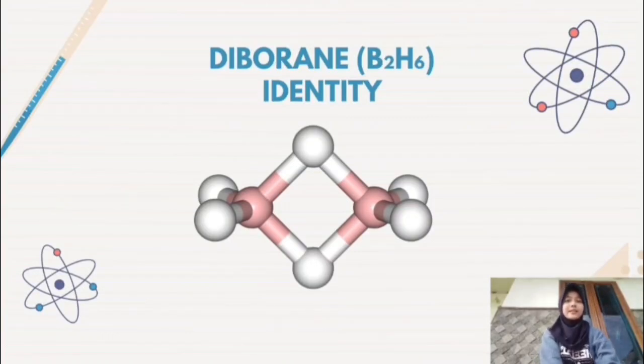Diborane has an identity element, the most basic symmetry operation, in the D2h point group. The identity operation means that the molecule undergoes no change whatsoever, with all boron and hydrogen atoms remaining in their original position. The presence of this identity forms the basis for all other symmetry elements in diborane. Identity is always present in every point group, and in diborane this element confirms the consistency of the molecular structure before considering more complex symmetry operations.